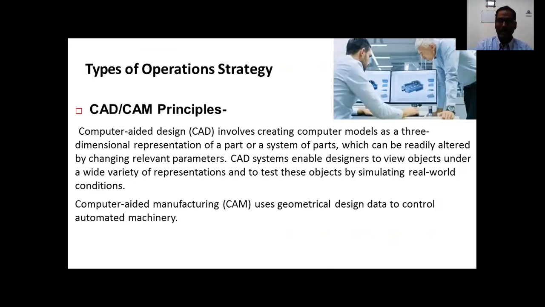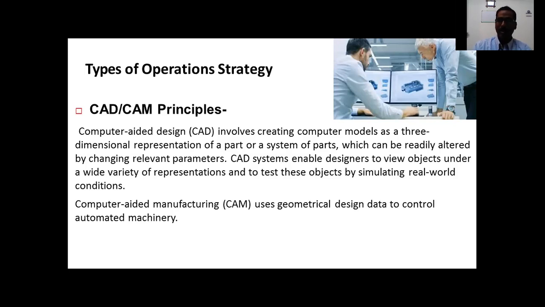So CAD, which is computer-aided design, is a very big breakthrough in the technology. It helps designers get an idea of a three-dimensional, full view of the design, which may be an electronic item, an automobile, or any set of things. CAD systems enable designers to view objects under a wide variety of representations and test these objects by simulating real world conditions. So before manufacturing itself, they use this